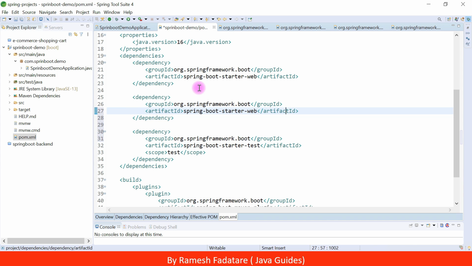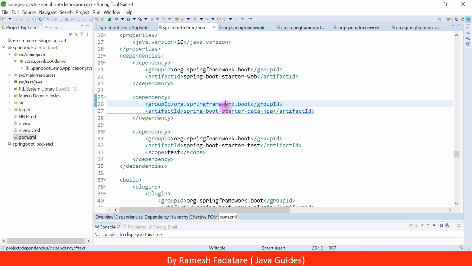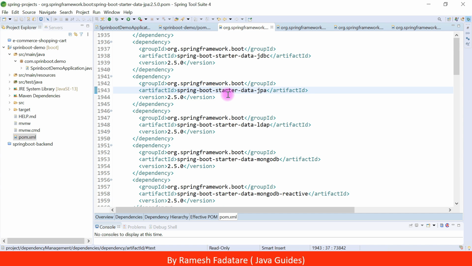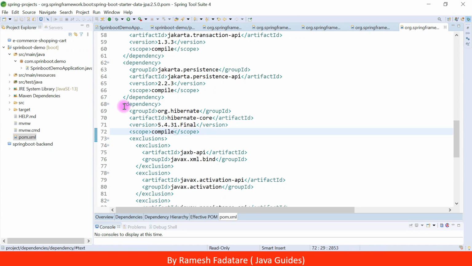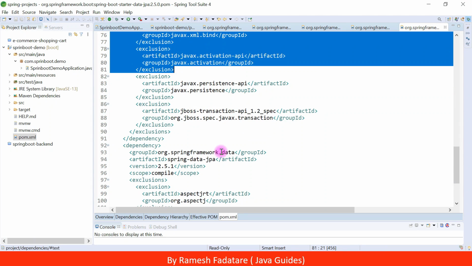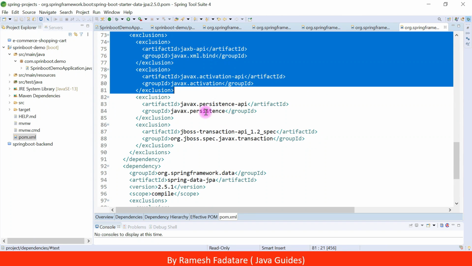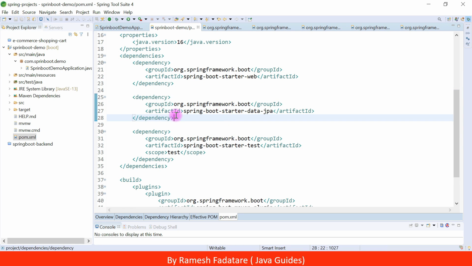Okay, and apart from that, a few more very important dependencies, like you can just copy paste and change this string. Here I can say Spring Data JPA. Whenever you want to use Hibernate and Spring Data JPA in your project, you can add this Spring Boot starter dependency. You don't have to add Hibernate dependencies manually, because this starter dependency will take care of adding Hibernate internally. Okay, great. Look here, it adds the Hibernate core dependency. We don't have to manually add the Hibernate core dependency and its compatible version. This starter dependency will take care of adding all the dependencies.